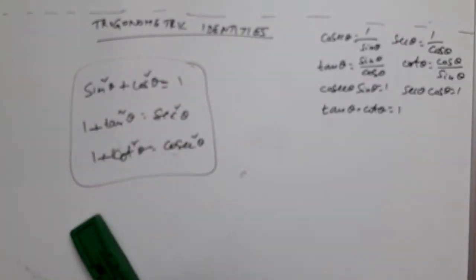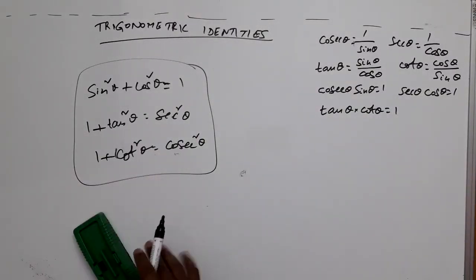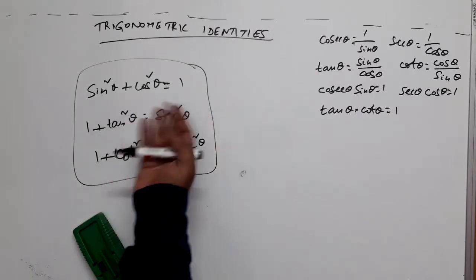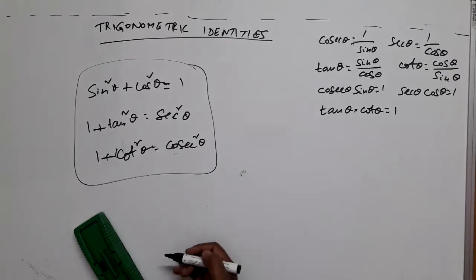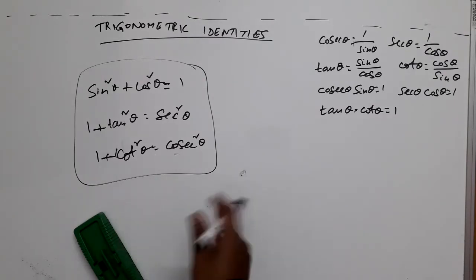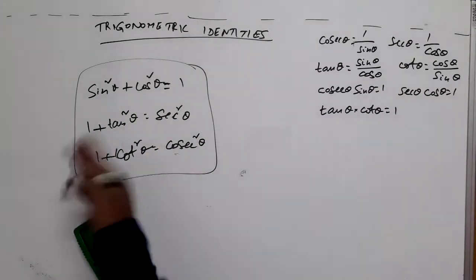What is identity? For any value of theta for which the terms involved are defined, this relation holds good. That is the point. Then we can say this is an identity. That is, left hand side part and right hand side part are equal, right? For any value of theta, you can substitute any value, right? Of course, you know values of trigonometric ratios, 6 ratios for specific angles, right? For 0 degrees, 30 degrees, 45 degrees, 60 degrees, 90 degrees, you know the values, right? You substitute and verify. You can see that both sides are equal, right?